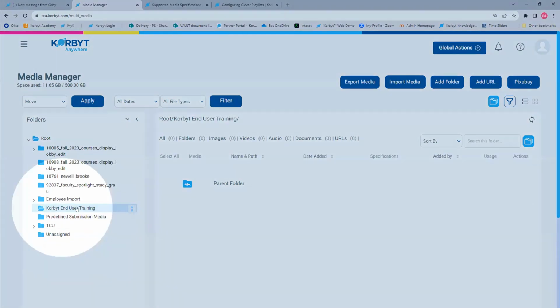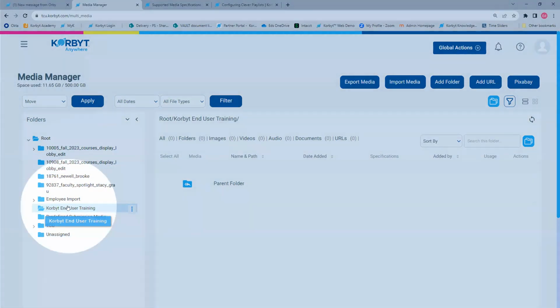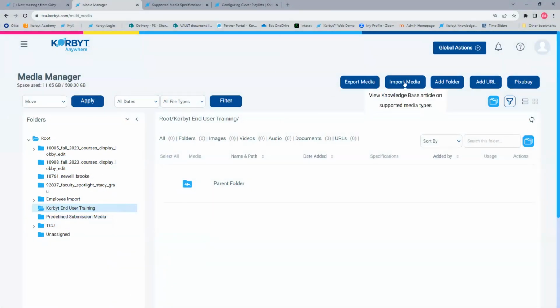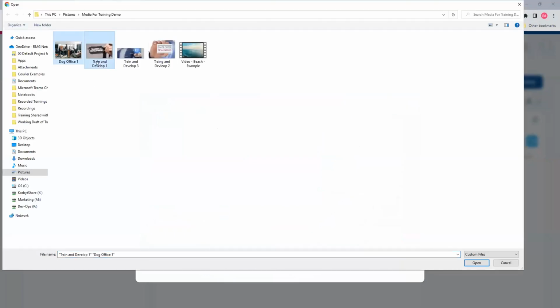So I have my folder here. I select my folder in the navigation window for the folders. That's the first step for importing items to the right place. So I have my folder selected, and I'm going to import media. Just click the import media button. And now I can browse my computer, grab pictures.